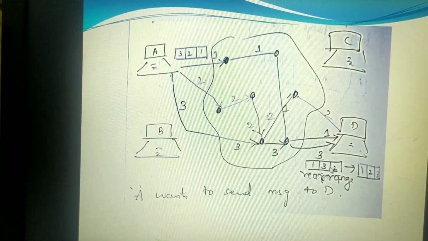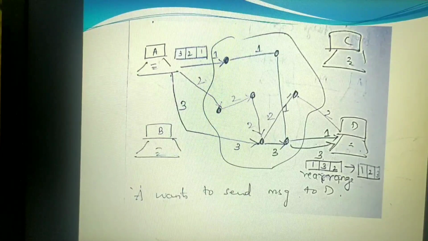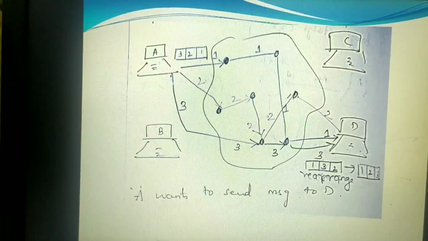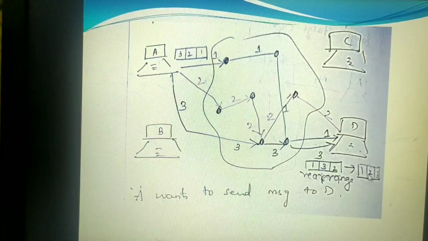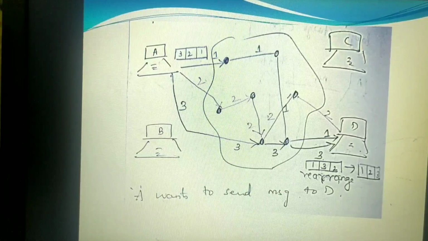In case of packet switching, the packets are given sequence numbers, because before the entire message is merged and given to the destination, the packets first get rearranged as per the sequence number: first packet, second packet and third packet. It will rearrange them and then hand them over to the destination. This is how exactly packet switching works.